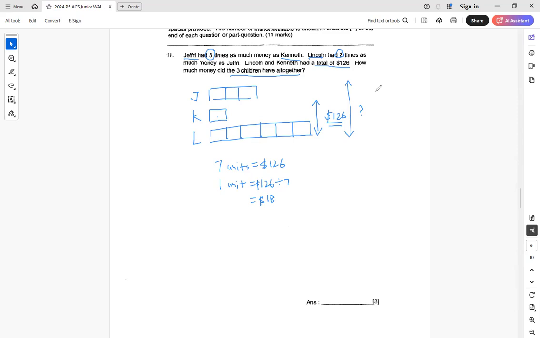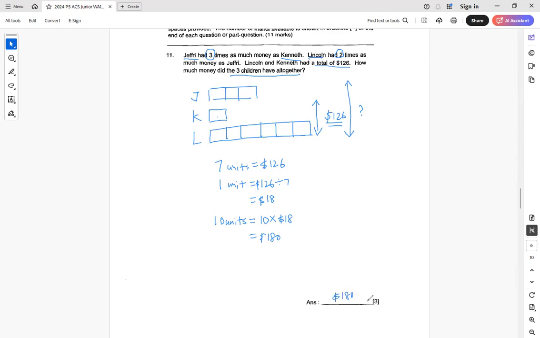The question is asking how much money the 3 children have altogether, meaning everything. So I count 1, 2, 3, 4, 5, 6, 7, 8, 9, 10 units. I just need to find 10 units. It will just be 10 times my $18 here. Anything times 10, you just add a 0 behind. So 18, you add a 0 behind will give me the answer,